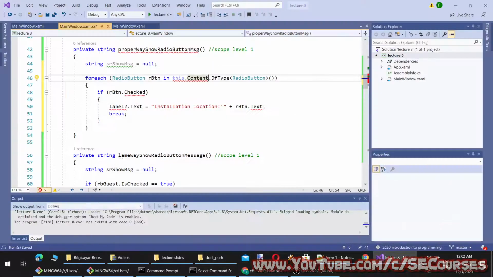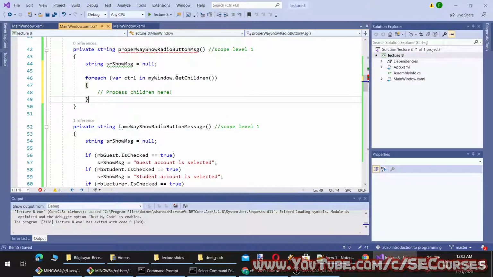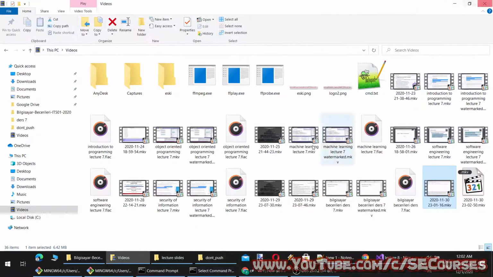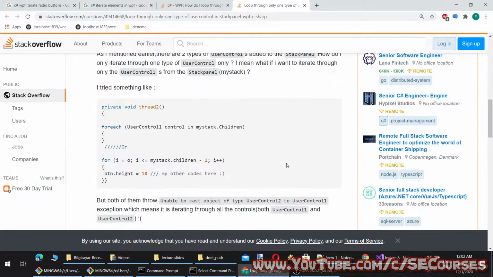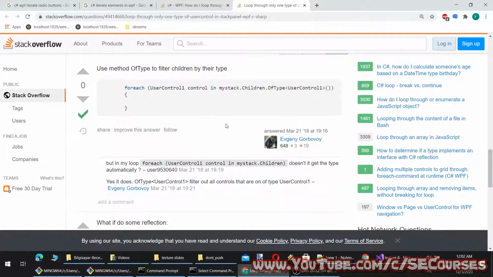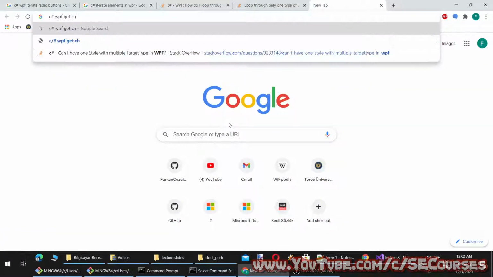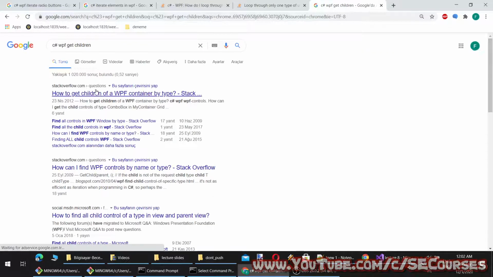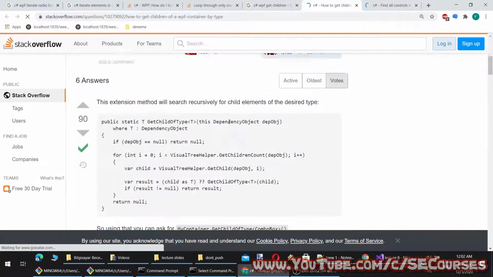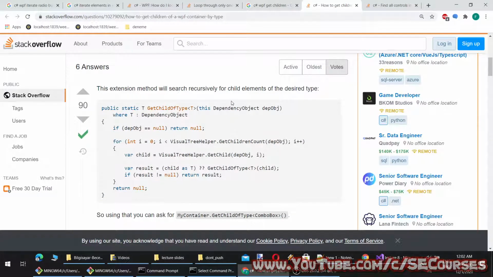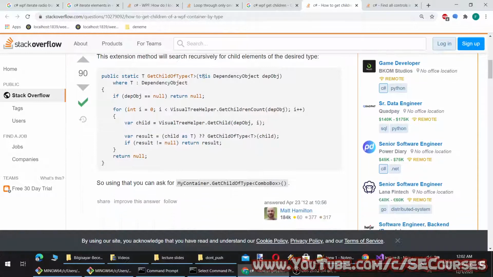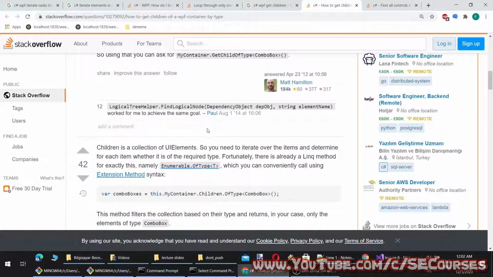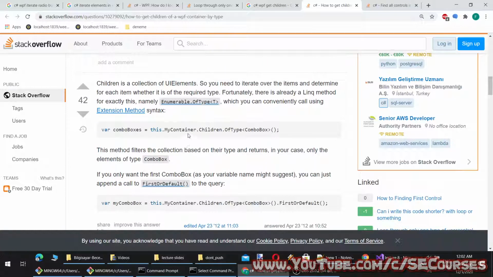Okay, maybe this works. I will try this. It looks like a really advanced thing.